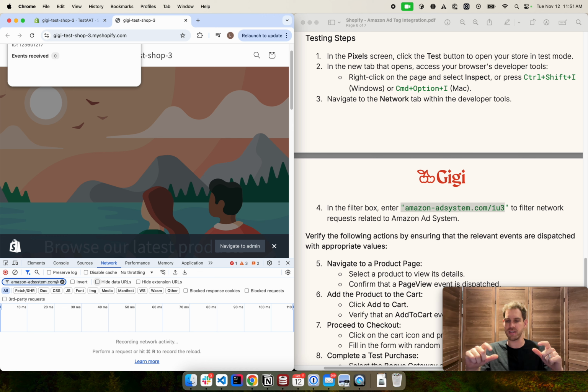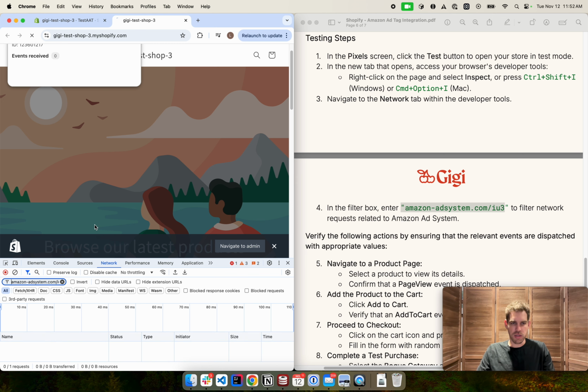But it's a good way for us to verify that everything is working correctly, because on the Amazon side, things take some time to update over the DSP side, and we want to make sure that everything is being fired correctly, while it might not still show up on the event manager side. It can take up to 48 hours from time to time to see the actual data being provided. So right now what we are going to do is to